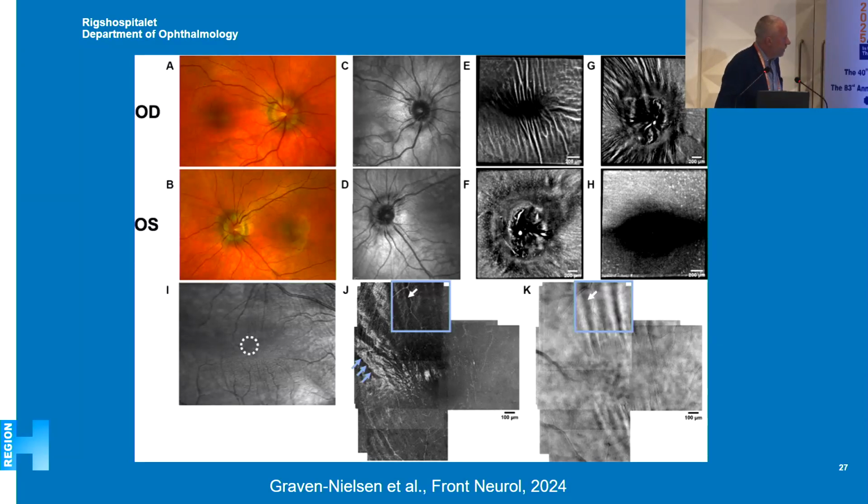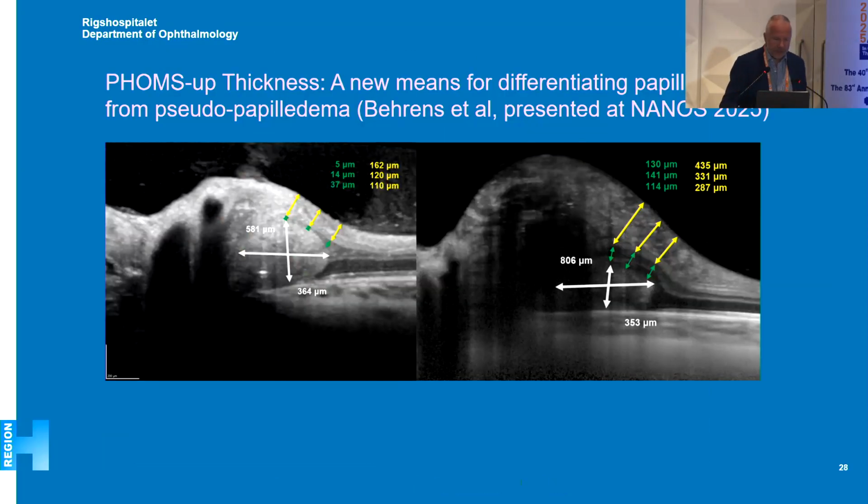So this is just from a study we just published recently, where you can see these en face photos with very nice folds also in a very high resolution. And this is just to show that if you have the right equipment, of course you can get these beautiful images, but usually you can get it on en face OCT as well, and it's never seen in pseudo disc edema. And I'm very happy to present a new sign also that we just presented 2 weeks ago at NANOS,